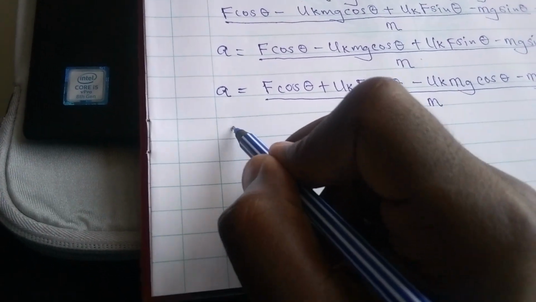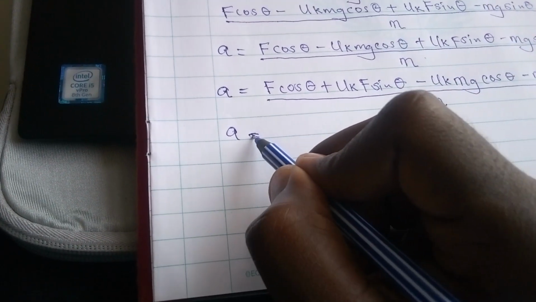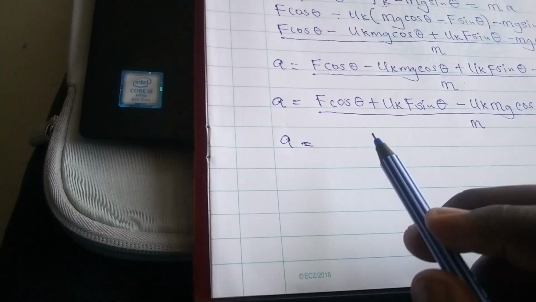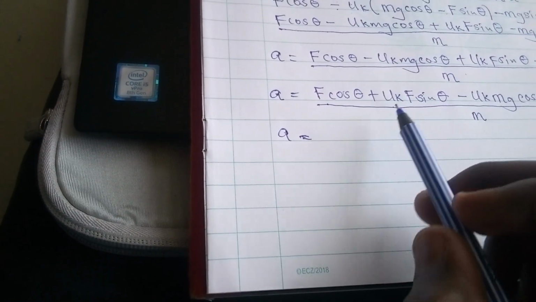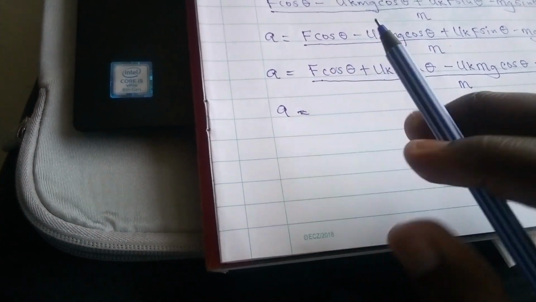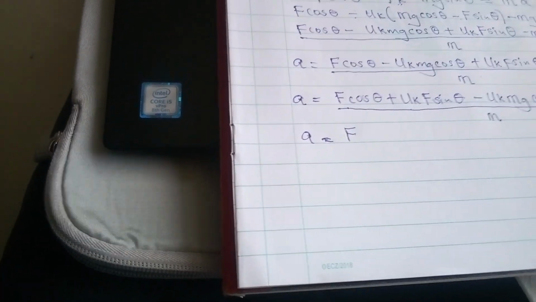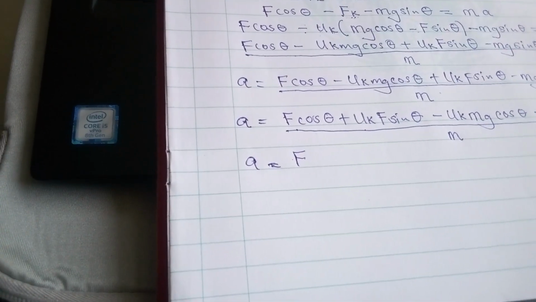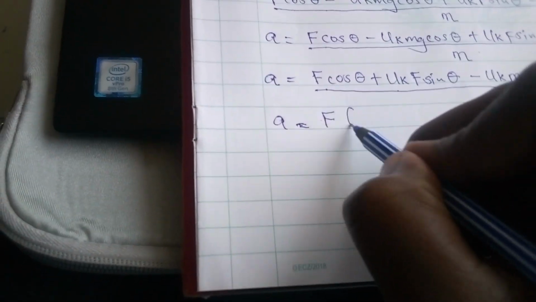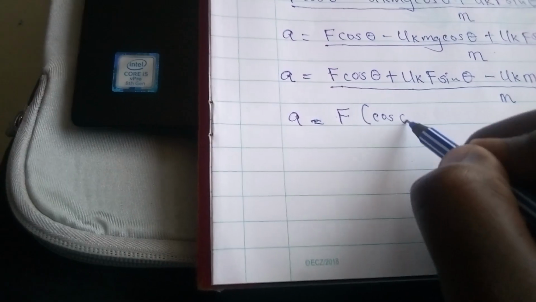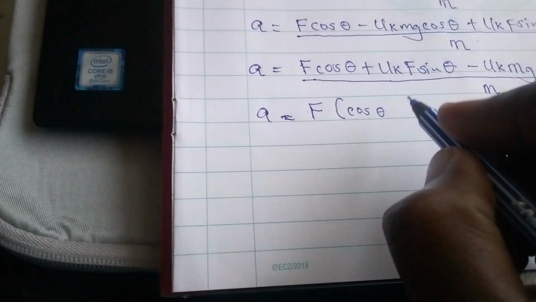So acceleration is equal to what? You are going to factorize what is common, and what is common is F. So if you factorize there, you are going to remain with cos theta plus mu k